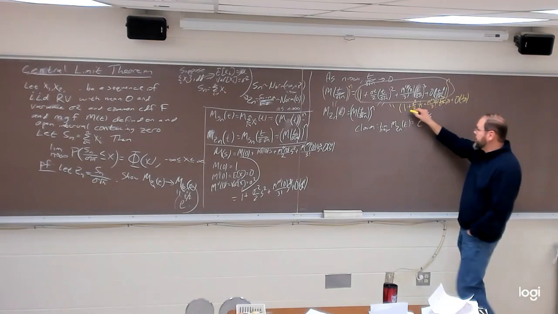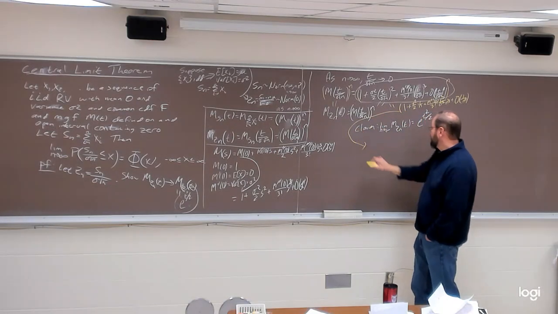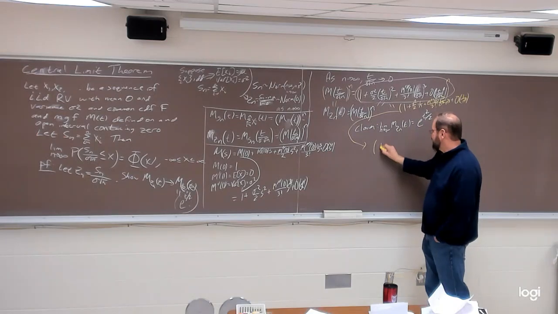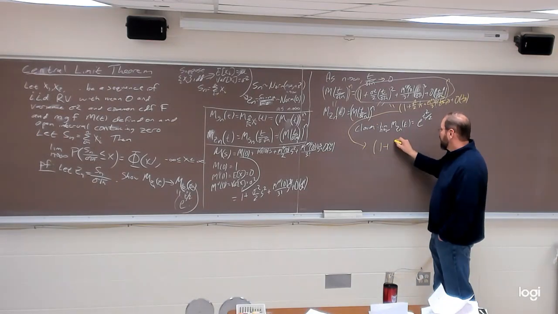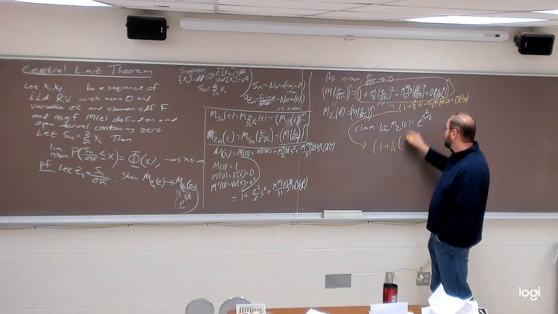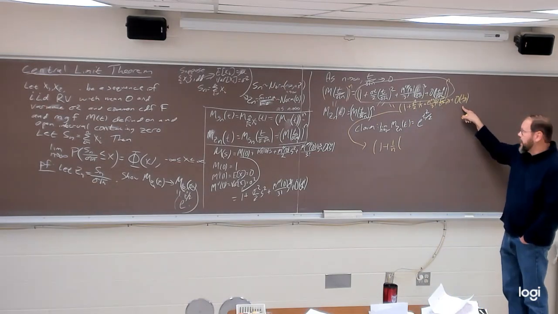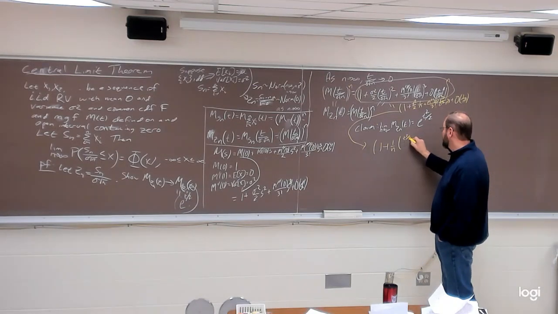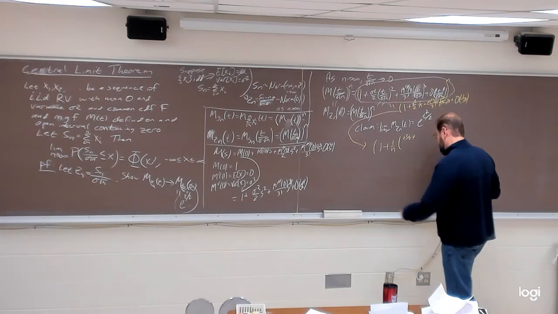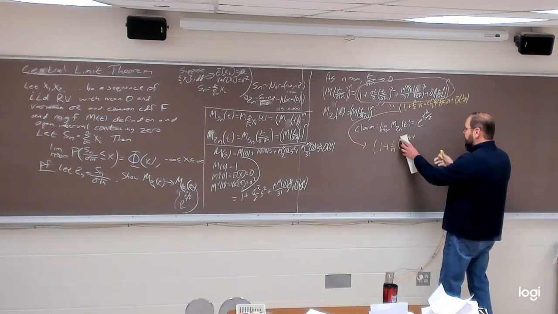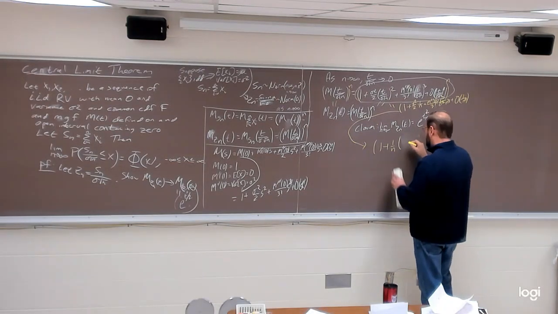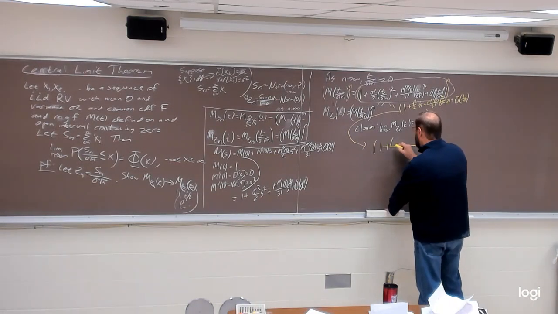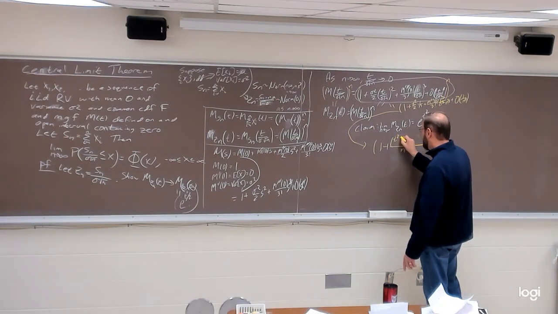I'm going to jump down here because I want to write this out one more time. I'll actually write this as 1 plus 1 over n. I'm going to factor a 1 over n out of this entire thing here. And what do I get? I get a t squared over 2 plus, let's be a little more careful with this. I'm going to factor a 1 over n out of the whole thing, and what's left is a t squared over 2